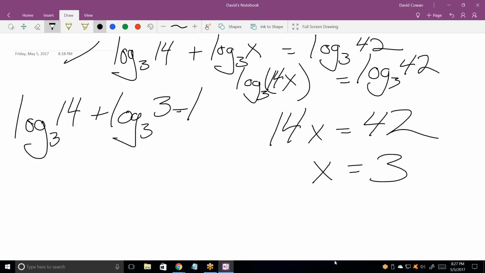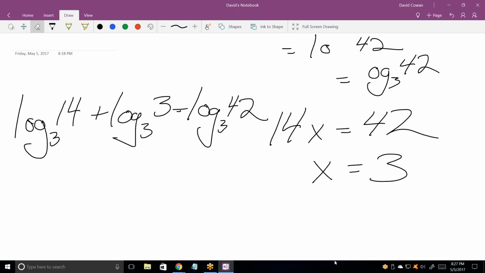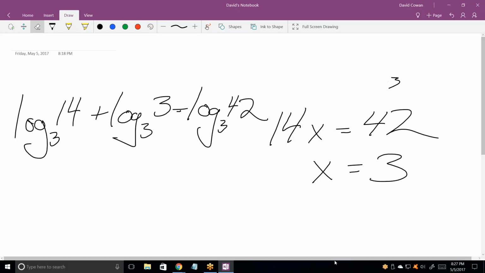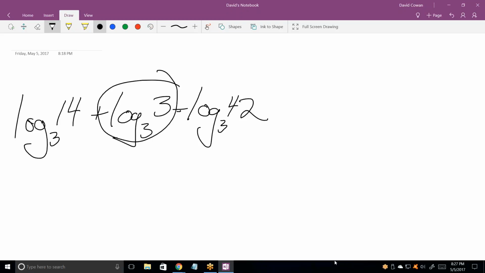Is this a true statement, what I'm writing here? That's really what checking the solution means. Does it work? Does it satisfy the equation? Well, not that easy to do, but what's that equal to? Log. How much? Well, it's equal to,